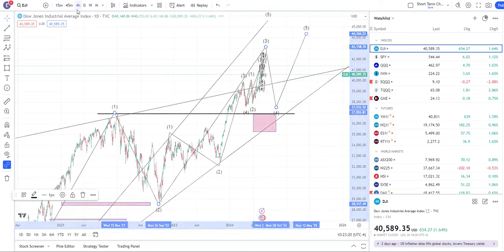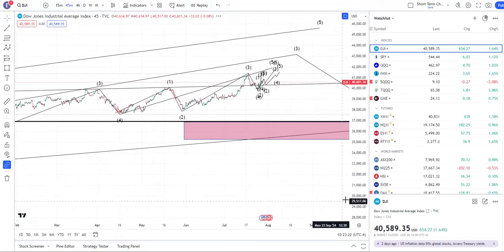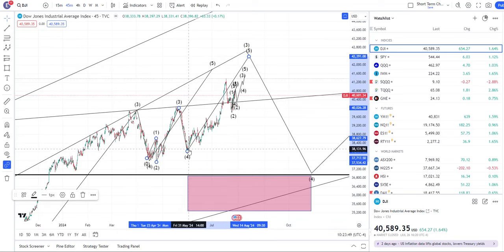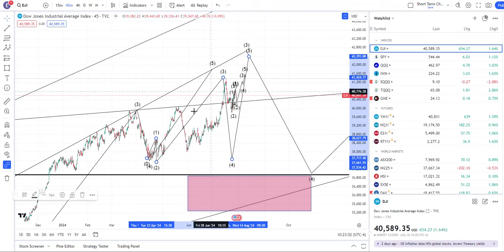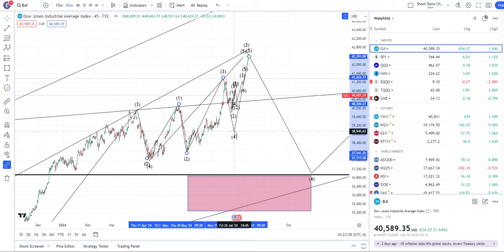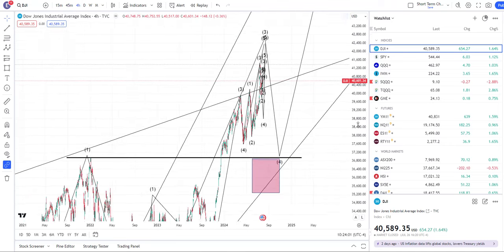Now, I don't want to get you guys too excited here, but there is a chance I could tweak some of the labeling, right? I can tweak some of these labels. I could put like 1, 2 here, and by Elliott wave theory, this is still okay to do. So in other words, we are in a top-end process. Depending on how you label it, you can call it finished. I'm just giving you my best look at how I see it, and you just need to be very careful